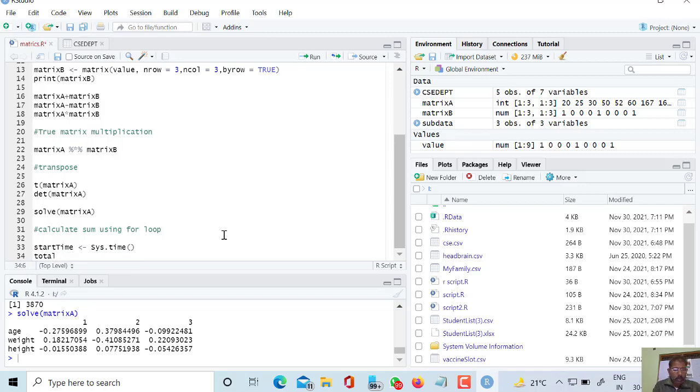Total sum is initialized as 0. Here in case of R, we have to use this one. Total sum will be initialized as 0.